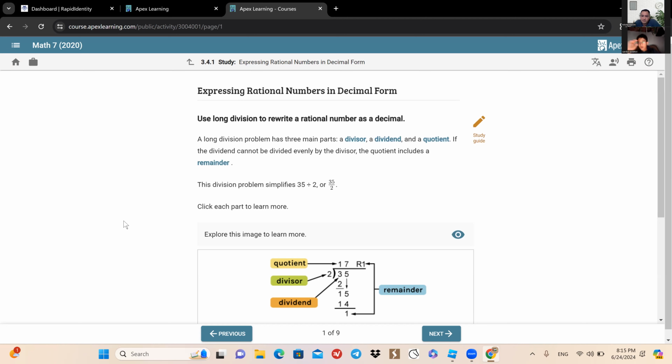What is a rational number, Sardar? A rational number is like what's called, wait, I forgot the exact definition. It's a real number which can be expressed as a ratio of two integers.